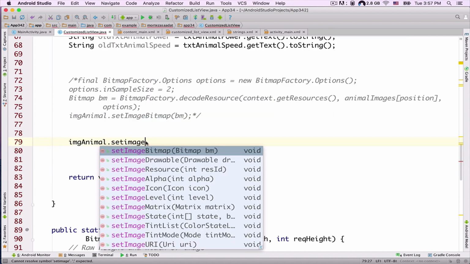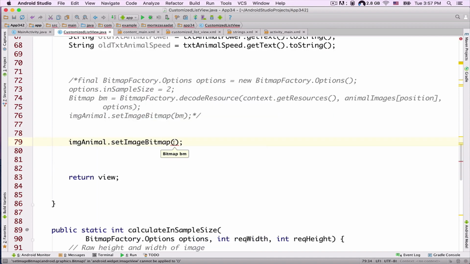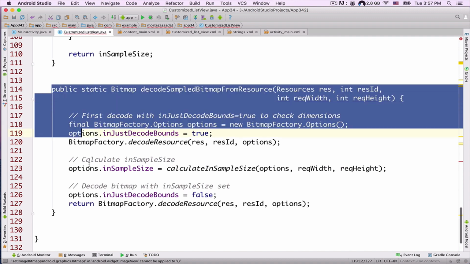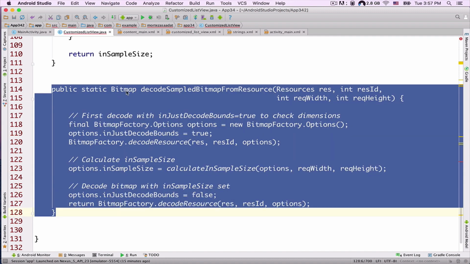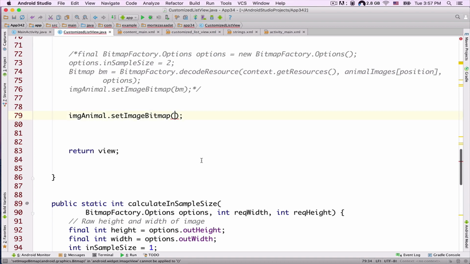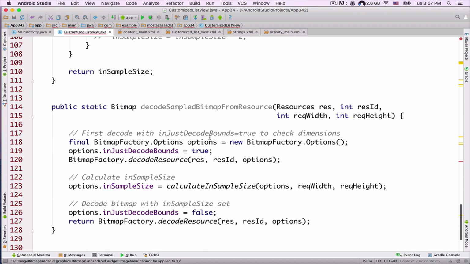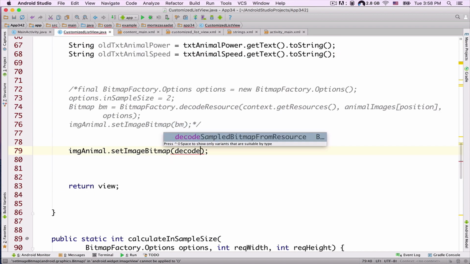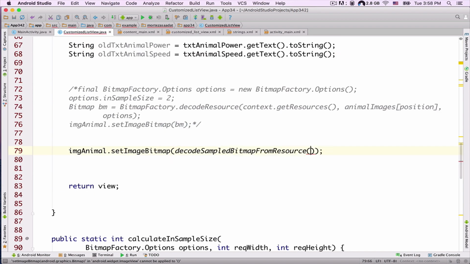setImageBitmap, and here we need to put in an object of type Bitmap. This method is going to return an object of type Bitmap, so we can call this method inside of these parentheses. The name of this method is decodeSampledBitmapFromResource, so I can just type in decodeSampledBitmapFromResource, and this method is going to accept some